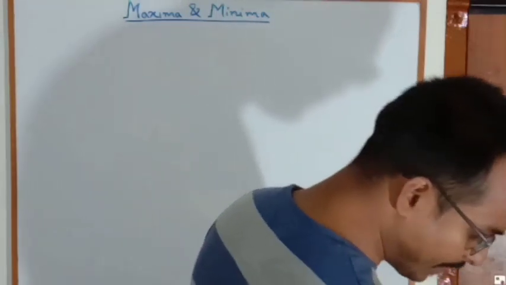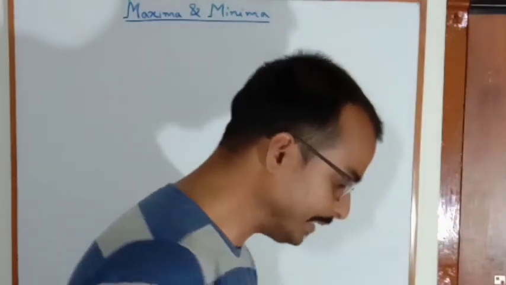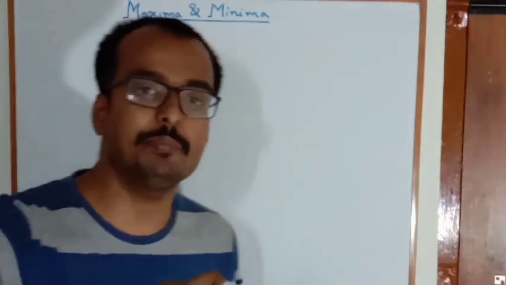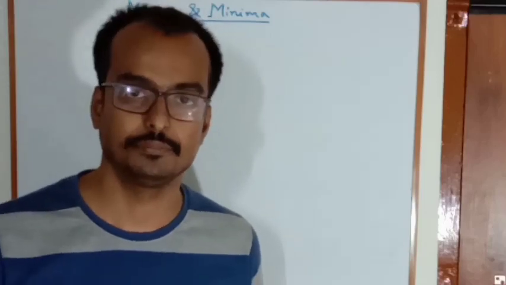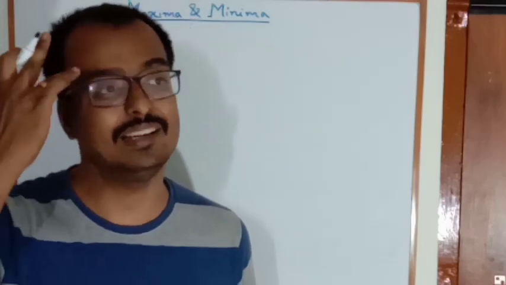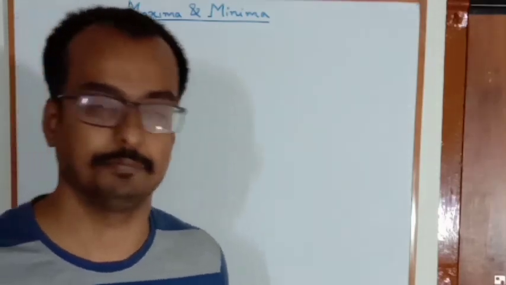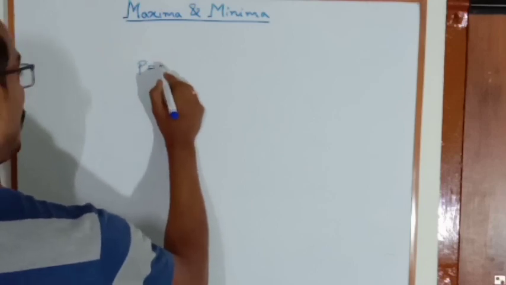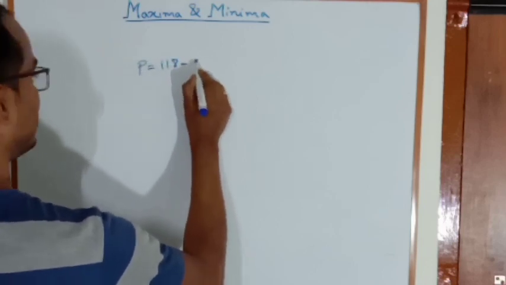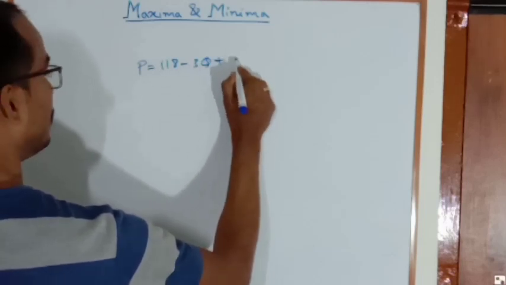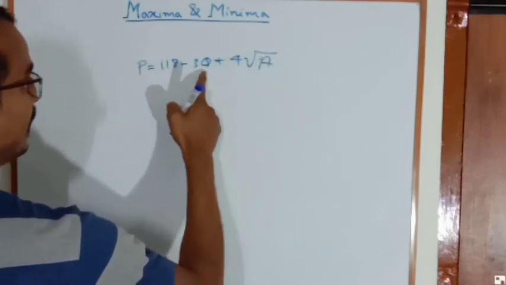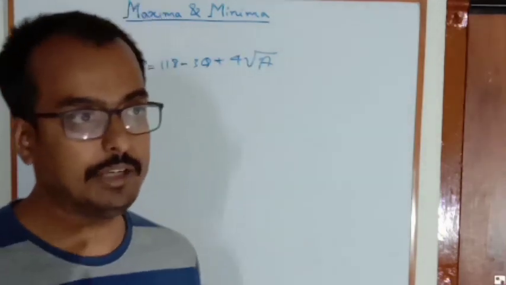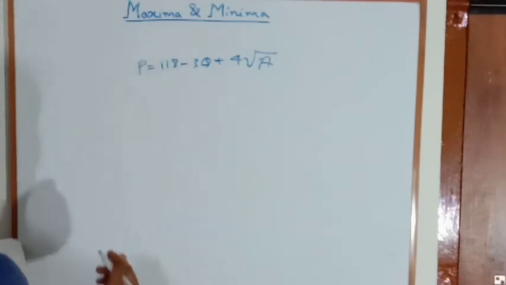When optimization with advertisement will come, let me take one example, then it will be clear. You take advertisement to be one of the variables, then it will be easy. You will know the optimum level of advertisement. So for example, if P is given to you, P is equal to 118 minus 3Q plus 4 into root A. You see, Q and A. Previously, it was a multivariable case. Okay, let me write, then you will understand.